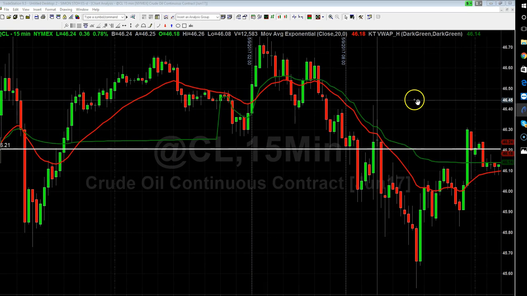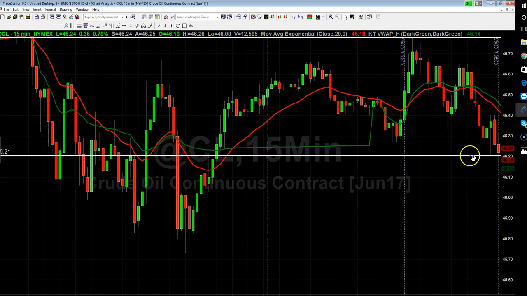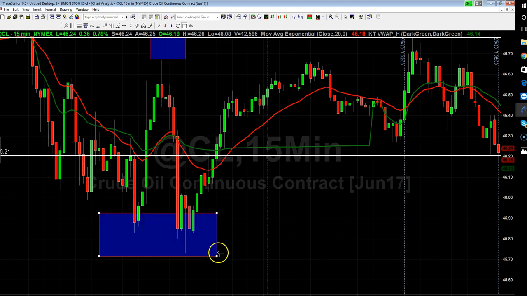So when I come into London and I'm coming to the US session, the first thing I'm going to notice is as we're approaching, there is no trend up or trend down. We are trading within, here's the prior day's high over here, and here's the prior day's low. Obviously, in order to get momentum, you have to be either above prior day's high or prior day's low. So immediately I'm thinking balance, right?